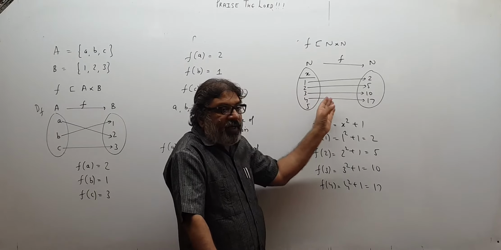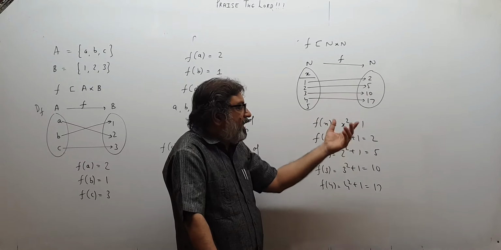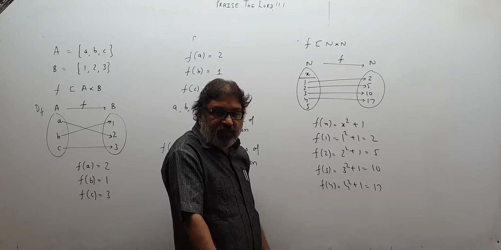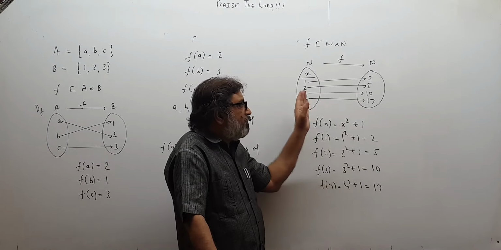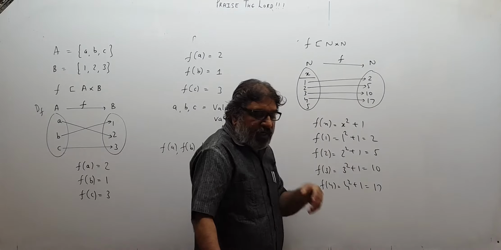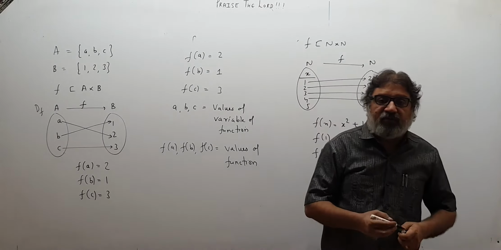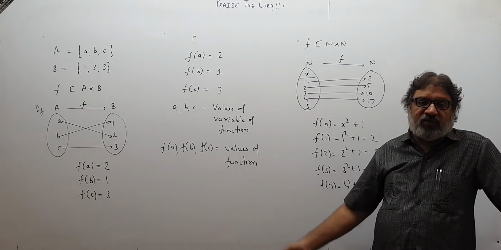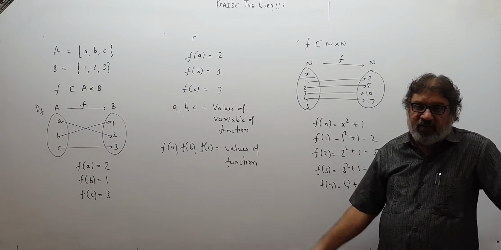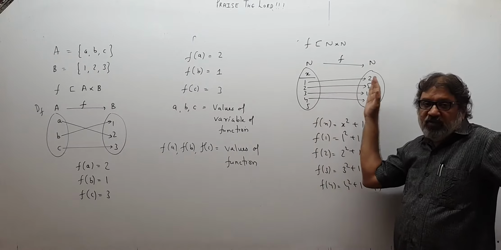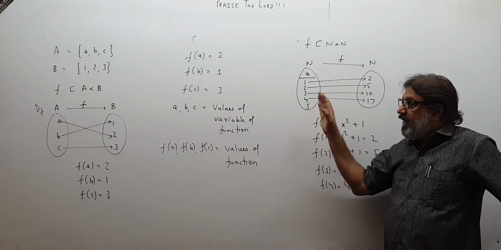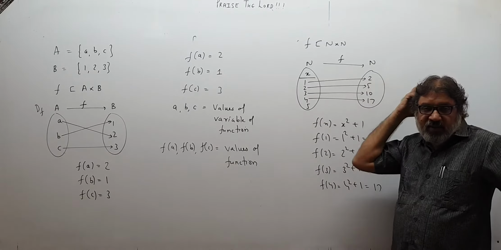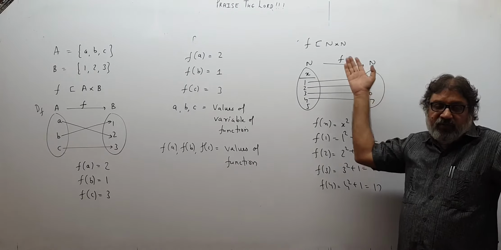So elements of domain and codomain are connected by some formula. Like over here, I gave you a formula x square plus 1. So that connects the elements of domain and codomain. Like in relations also we saw y was x plus 1 or y was 3x. So there is a relation between this y and this x. Actually this is y, because I told you x will come from here, y will come from here. This is nothing but y, the value of function.